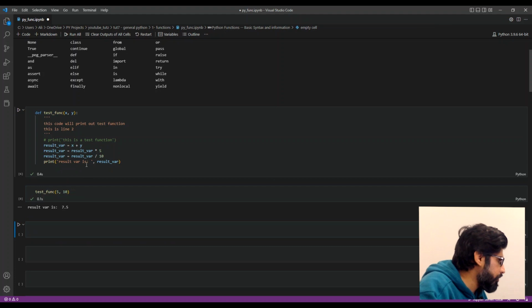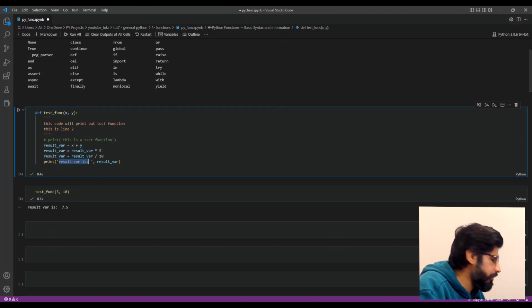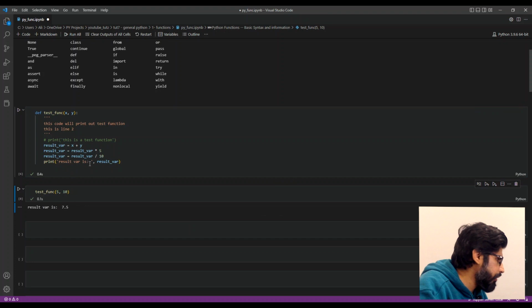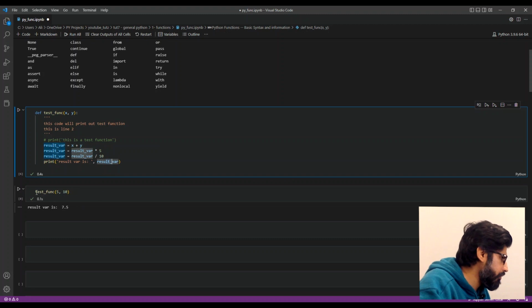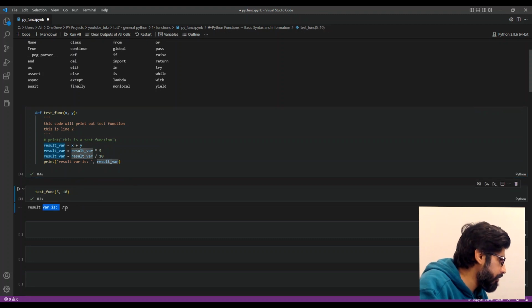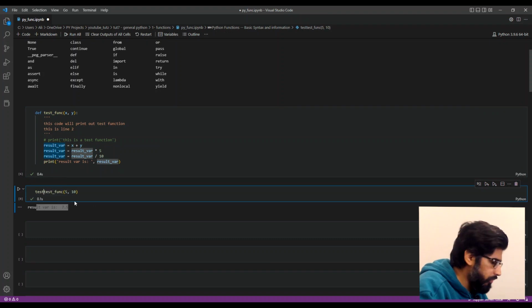Right, so what it's doing is adding up 5 plus 10, then multiplying it by 5 and then dividing by 10, and then it shows the result as result_var is and then the actual value. As you can see, this function is returning the value as a print. We can also return this value, and the benefit of returning a value itself is that we can store it in a variable. So let's say test_var was this,